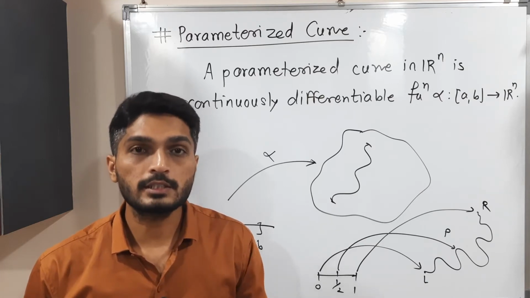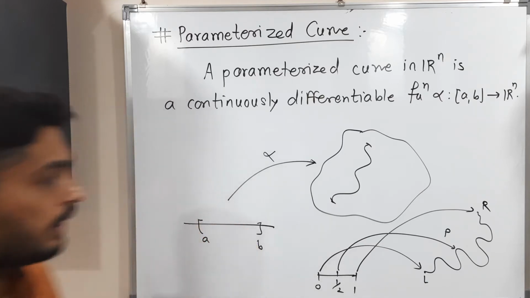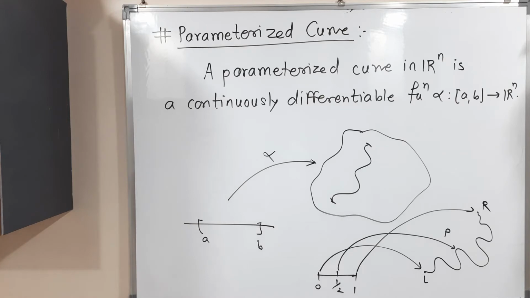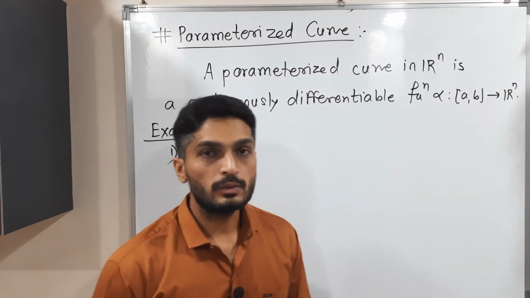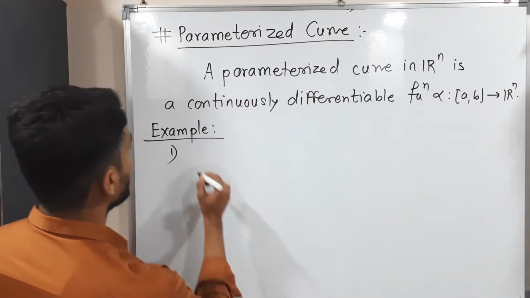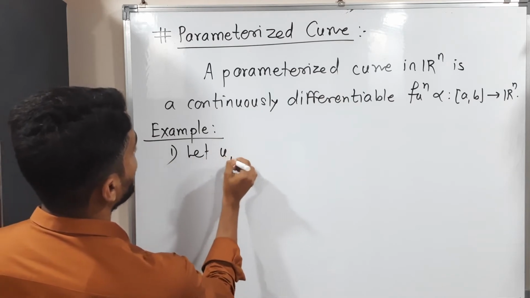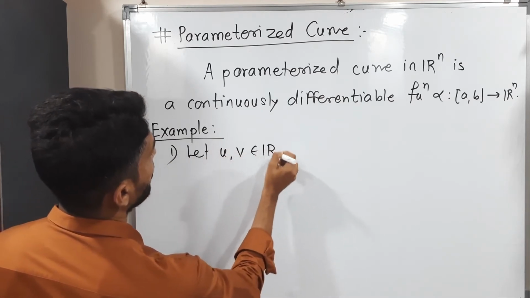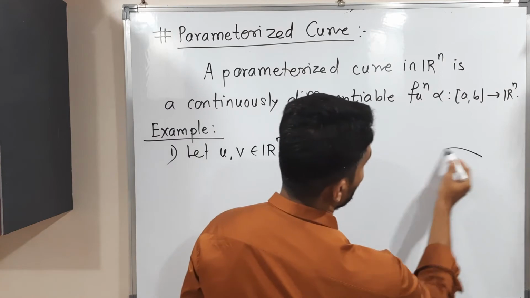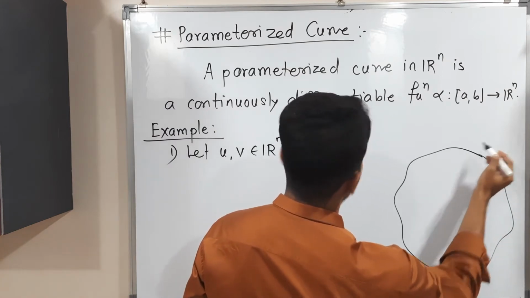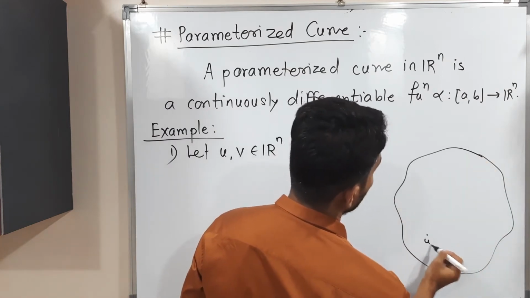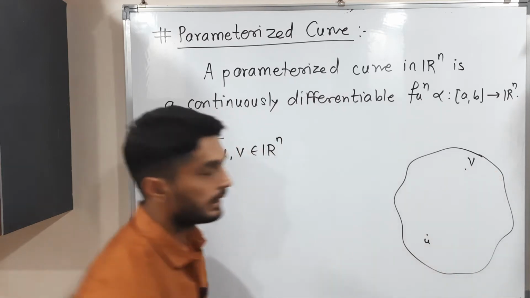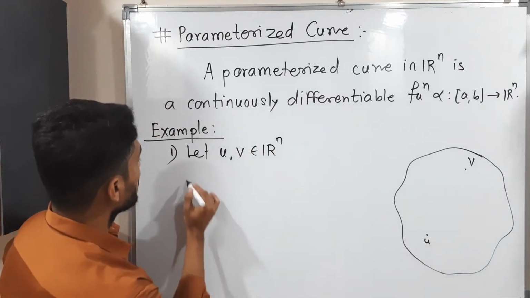So now let us discuss a few mathematical examples. You can make a screenshot of it, then we will go further. Let us discuss one example. Let u and v be elements of Rn. Then